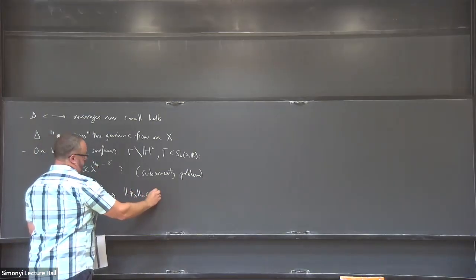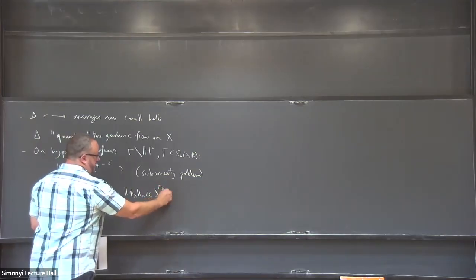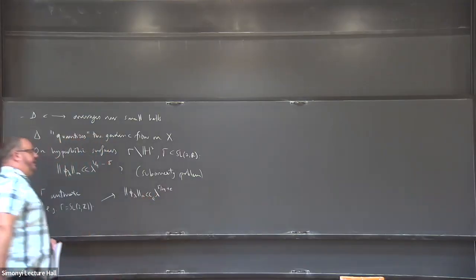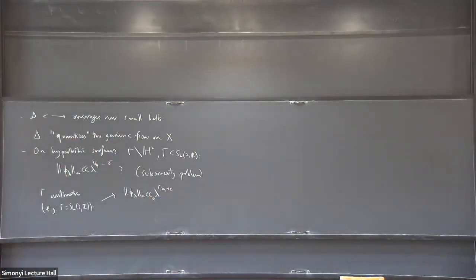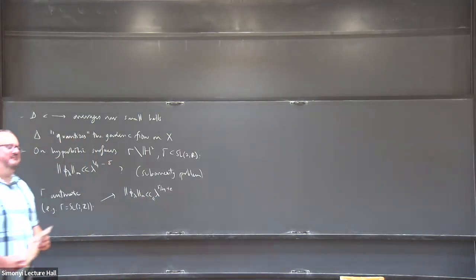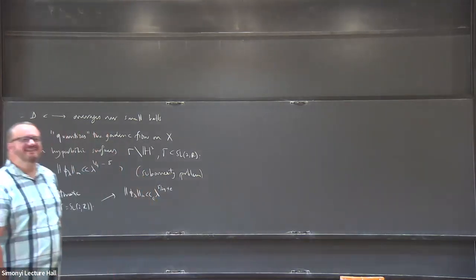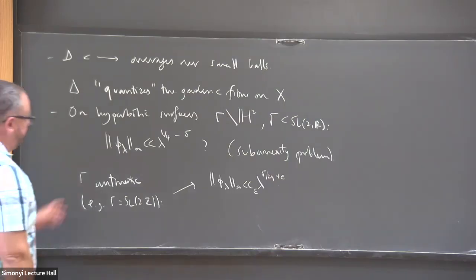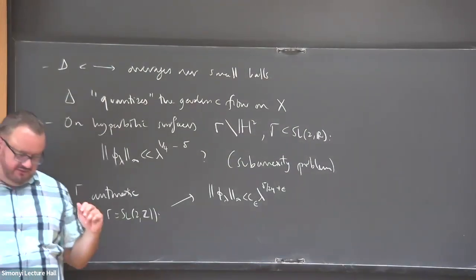We do have an estimate of lambda to 5 over 24 plus epsilon. And there exists a basis. There exists. Okay, fair enough, you are absolutely correct. So here, when gamma is arithmetic, for these